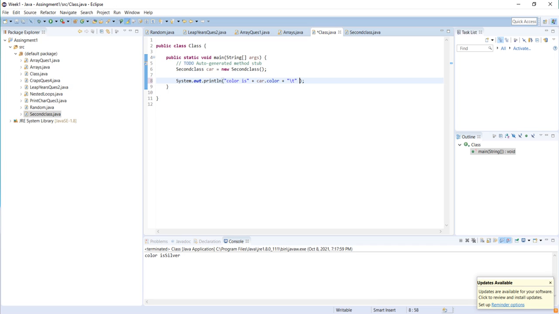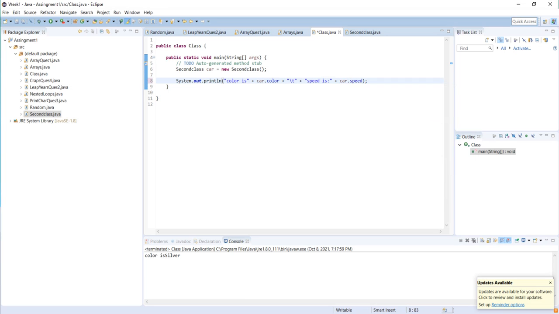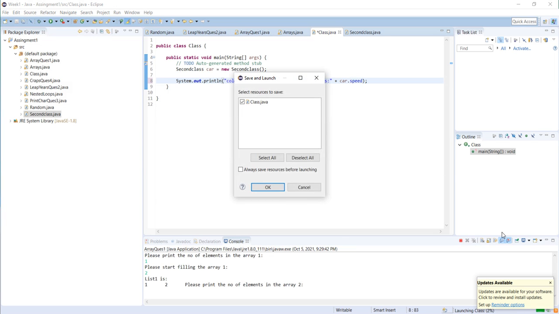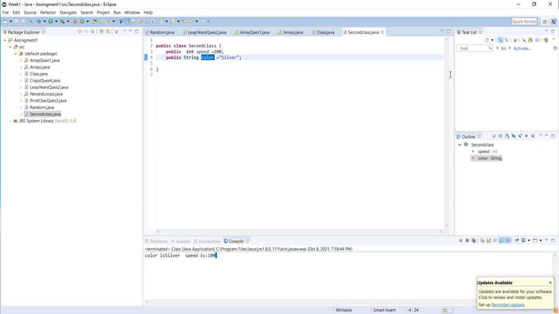So I'm gonna write speed is, and if I write car dot again, it's gonna show all the stuff, and I need to select the attribute speed because I want to print speed. So my car is silver and my speed is 100. We can go back and check: car is silver, speed is 100.